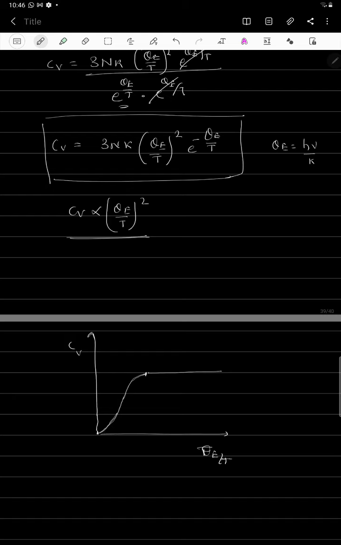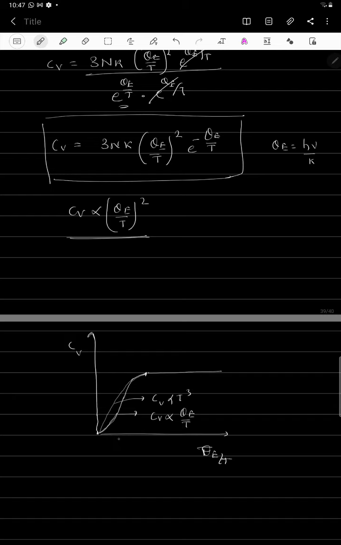So here this theory also fails. Why? Because if we compare with the experimental curve, that experimental curve gradually decreases. This experimental curve obeys the T cube law. It means Cv is directly proportional to T cube. But Einstein proved that the specific heat capacity at lower temperature is proportional to theta e divided by T. It means it suddenly drops with the temperature. So this theory fails.